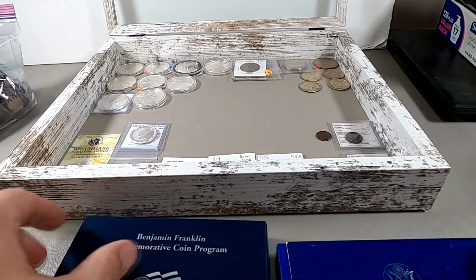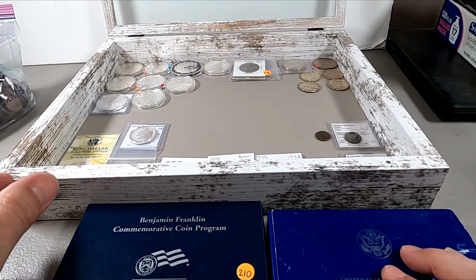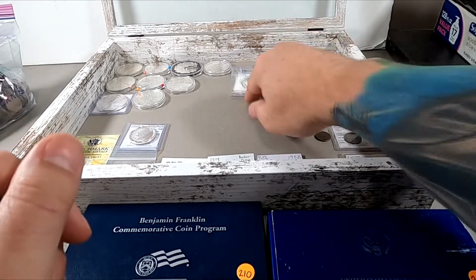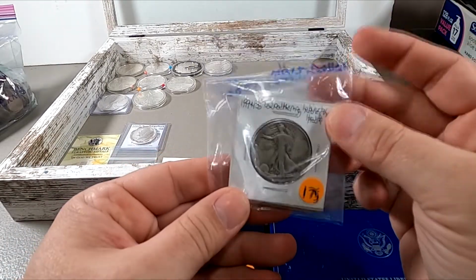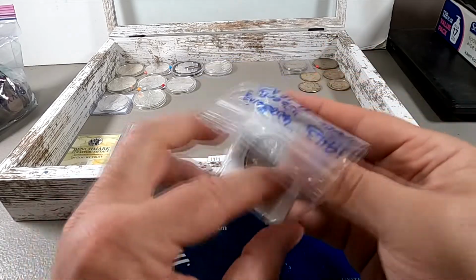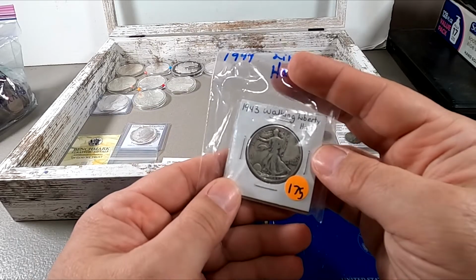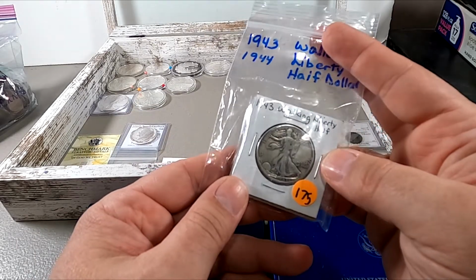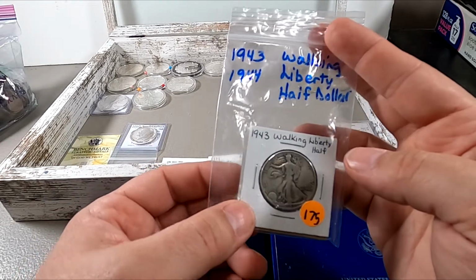So here's the fun part. That's the stuff that we got there. So it was 1, 2, 3, 4, 5. That's right, we got these guys. I got 2 Walking Liberties. You hear a little click and clack of my dog coming in. They're in okay shape. I paid $20 for these. So that's basically 20 times face, which I'm okay with on a $1/2, especially at today's